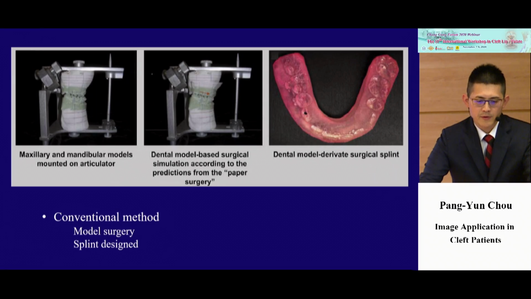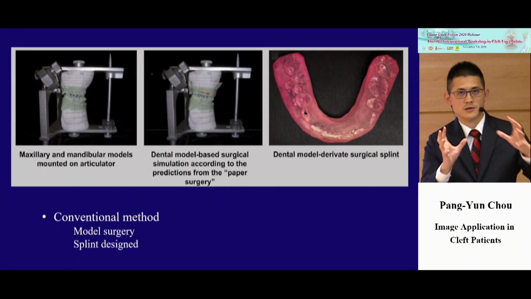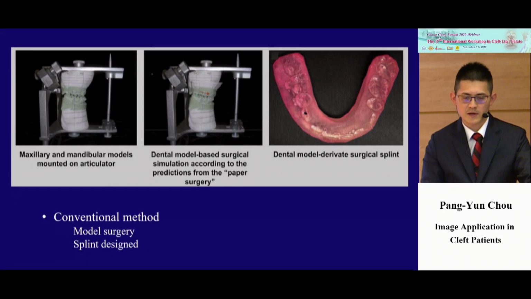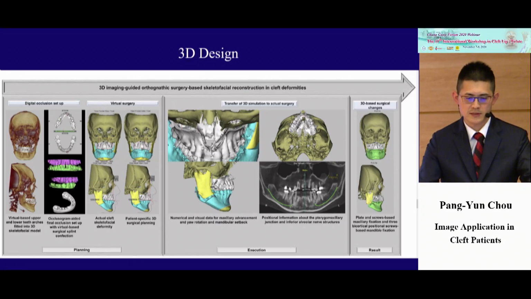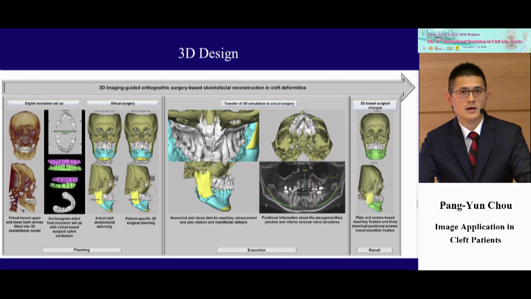By this way, we can design a splint, and for our final determination of occlusal status, as a surgeon, we can make a little bit different change to achieve a good result. And recently, we have advanced to a 3D design, and we can design in the software based on the preoperative compensation and the achievement, and then we can do some MMCs, the different types of the